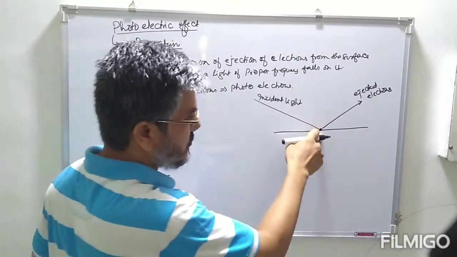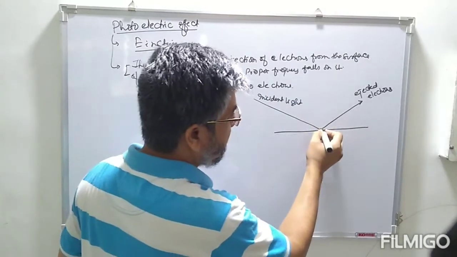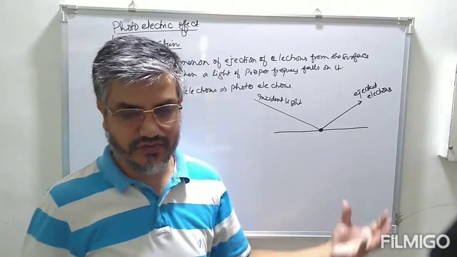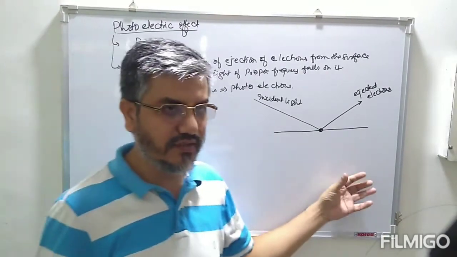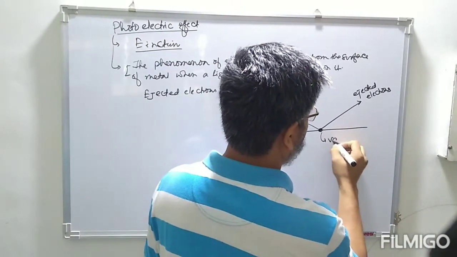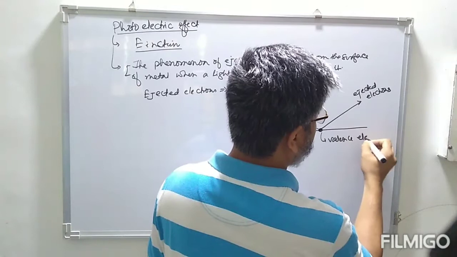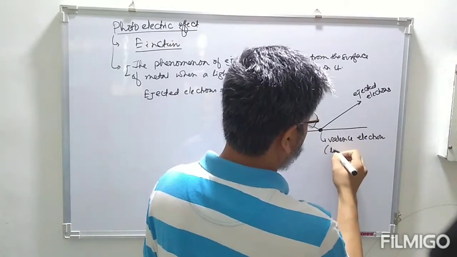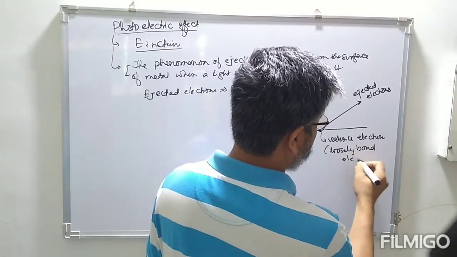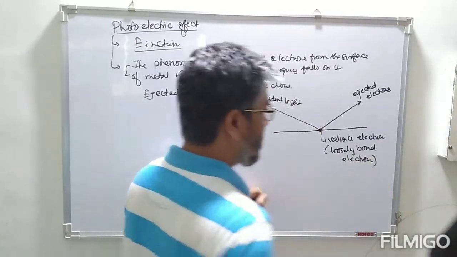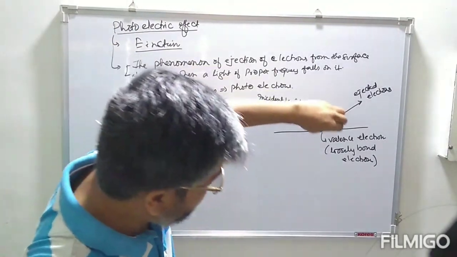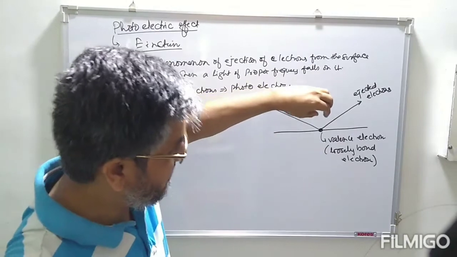So when light falls on the surface of metal, metal contains a number of loosely bound electrons. Loosely bound electrons are also known as valence electrons. So these electrons being loosely bound, the energy of incident light is used to break